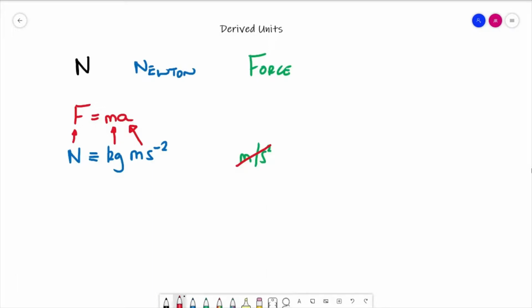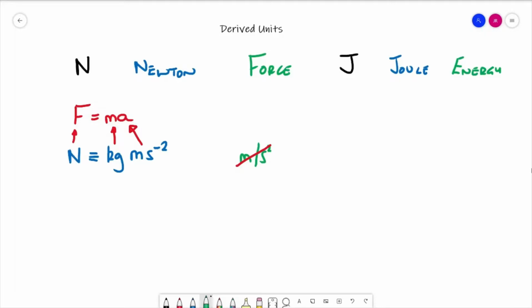Before we move on, let me just give you one further example so that we can see further how we do it. Let's now have a look at this unit, which again I hope you recognise is the joule. Again capitalised because it's named after somebody, and that is the unit of energy. Now again, in order to break this back down,